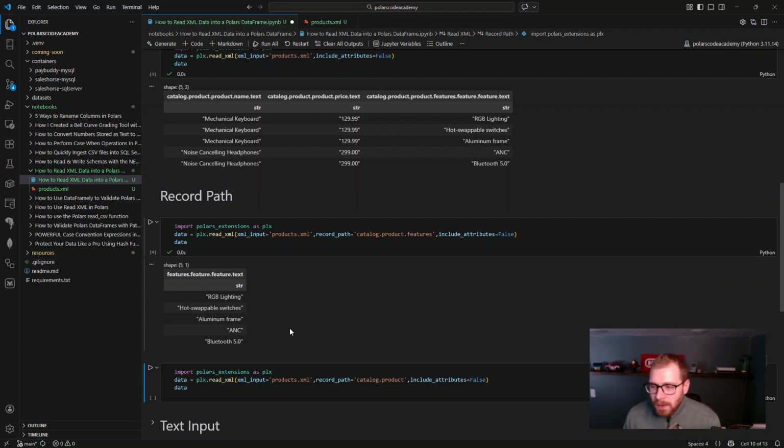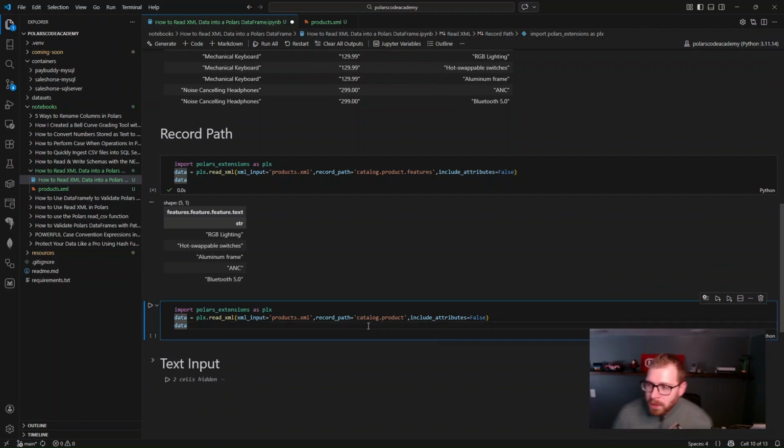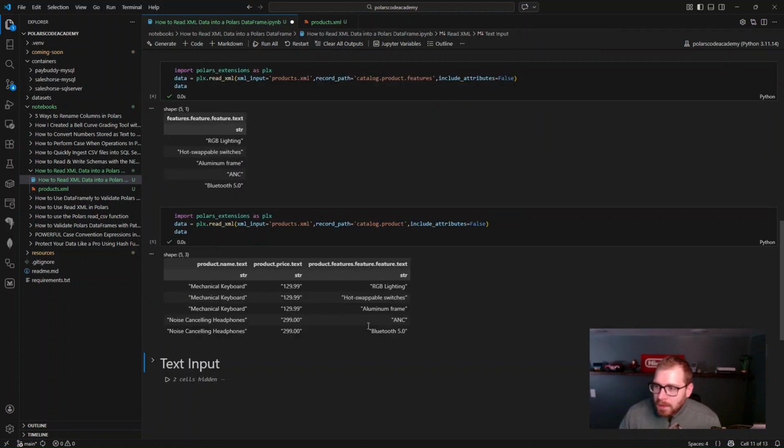Okay, and we get back another Polars data frame, and it has the 5 unique features that are within the XML file. Now, this might be helpful in some cases. In this case, it doesn't really make a lot of sense because we want to link those features to a specific product. Nonetheless, it's a powerful function in the sense that it allows you to go to a certain point and extract the data from there. We've got another example here where we're going to the product level, and we're going to show you what that looks like. When we run that, we get all of our features again